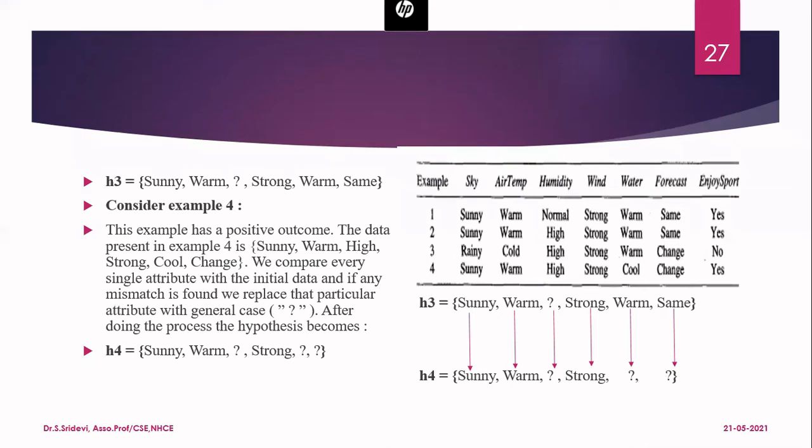So what we have done in this particular example is, we were given a data set which contains many instances with so many attributes and the target class. Our aim was to learn the final hypothesis, H4. This hypothesis is called the general hypothesis, which is going to best fit your training set. And once you find this hypothesis, if I give you a new instance, you will be able to tell whether a person will enjoy the sport or not. This is a use of the Find-S algorithm.